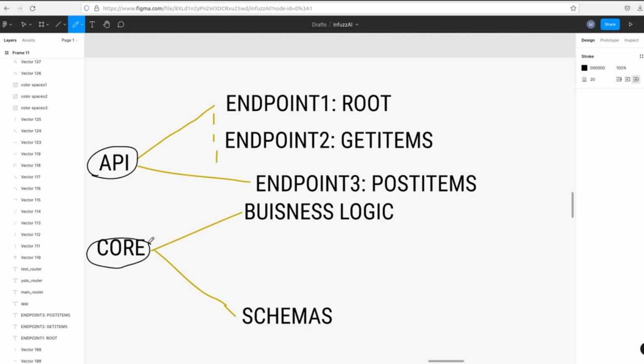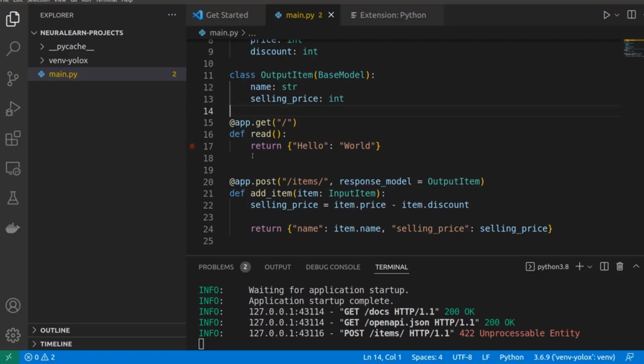Now when we talk about core, we're talking about carrying out computation like this. So you see this computation, we want to have some separate file which is in charge of doing this. In the case of some deep learning model, we want to have a separate file which will be in charge of say taking the inputs, loading the inputs, passing this input to a model, doing some post-processing, and then from